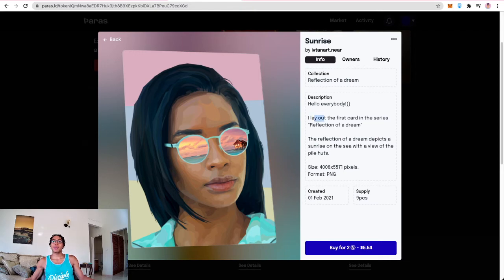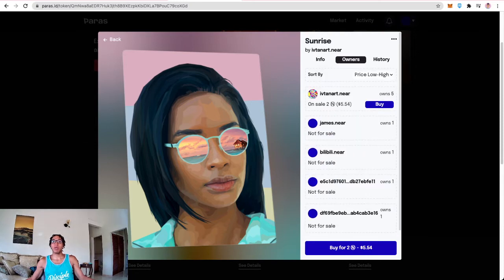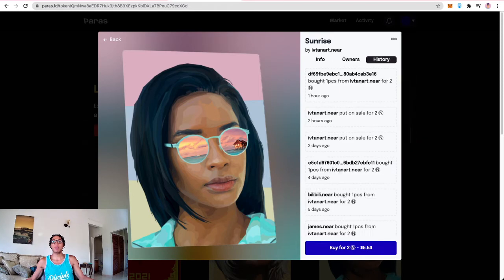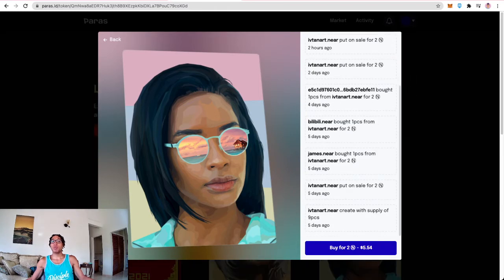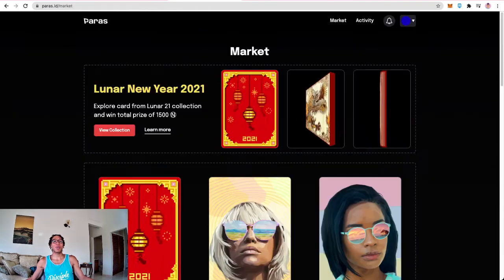I lay out the first card of the series, Reflection of a Dream. The reflection of a dream depicts a sunrise on the sea with a view of pile huts. I really like this piece. It seems like it's actually relatively inexpensive, and it's only 2 Near. I actually might buy it, but